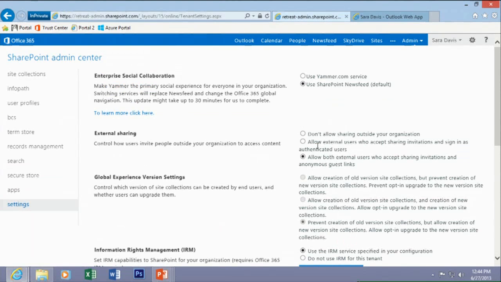So when I showed that link earlier, this would disable someone from being able to share an anonymous link. But people will still be able to share within their organization with anyone they are able to see or access through SharePoint. So you cannot protect automatically